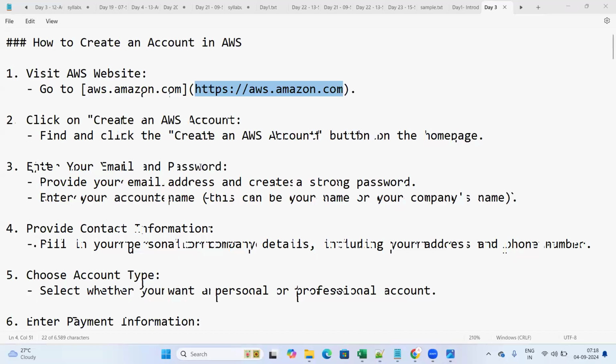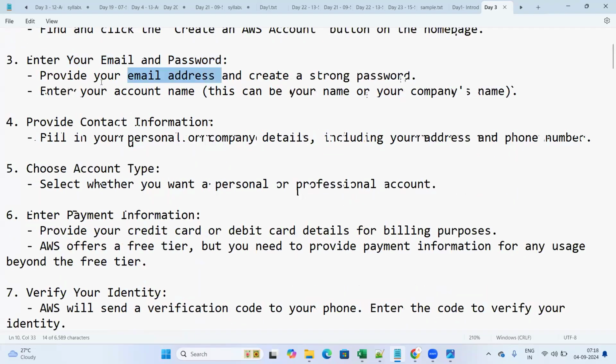First, we will go to this website. There we will find an option called create an AWS account. You need to provide your existing email ID and password, suppose a Gmail ID, Google account and password. You can set up your account name, which can be your name or your company's name. It doesn't matter, but you need to provide the full contact information like your personal details, including your address and phone